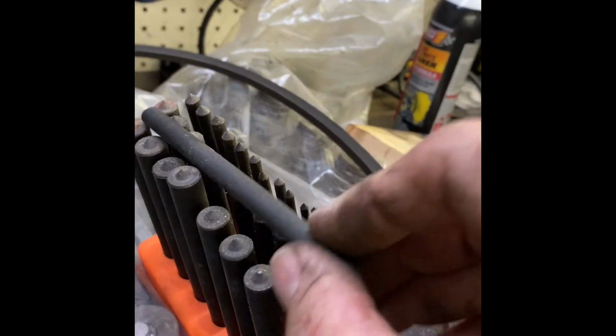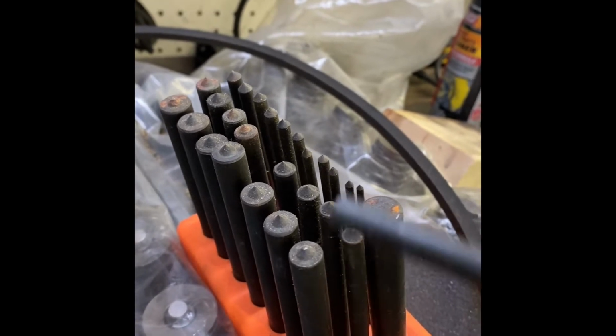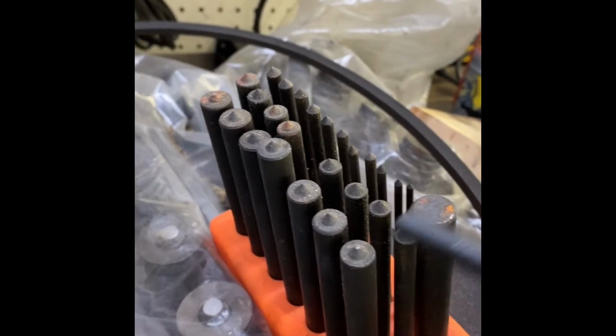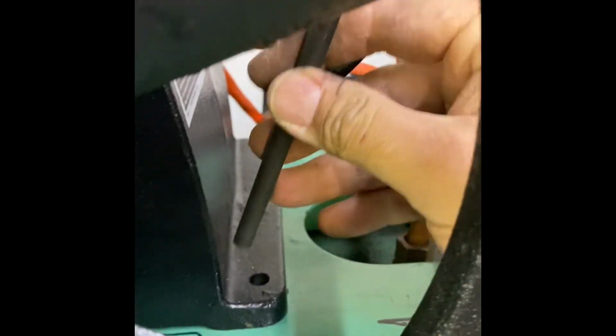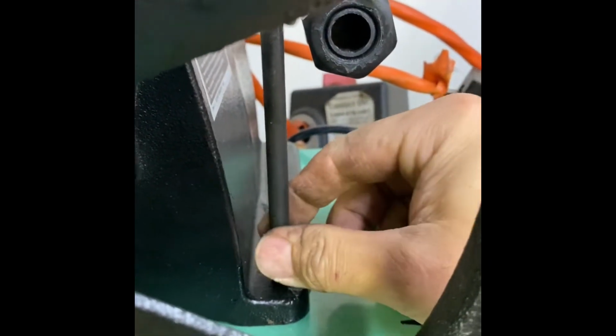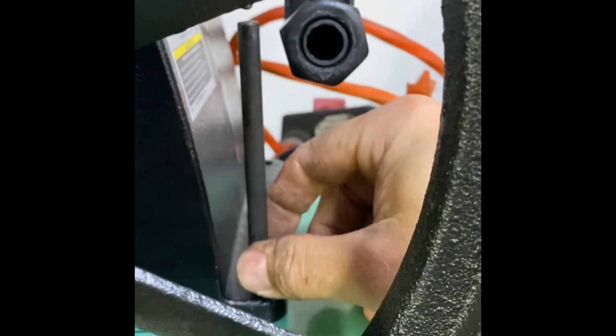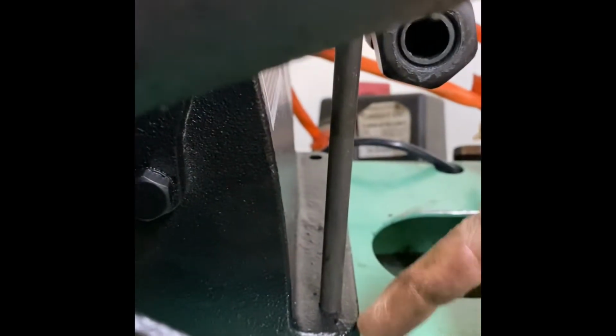What I'm gonna do to mark these holes, if you don't have one of these, they're pretty nice, just a cheapy set from Harbor Freight again. It's a transfer punch. So they're specific diameter rods with these little points on them. You fit that down into any kind of hole, like this, it's a precise fit. Put a mark on there, and then you have all your holes without trying to measure in from the edge,